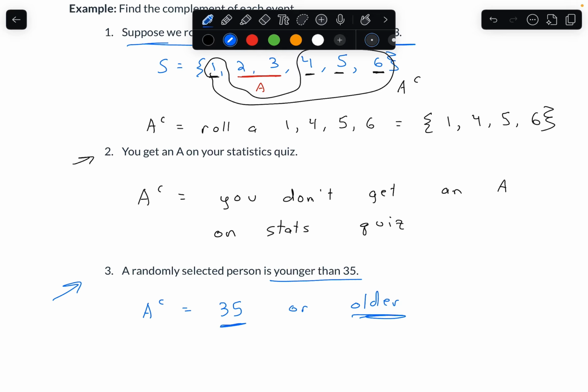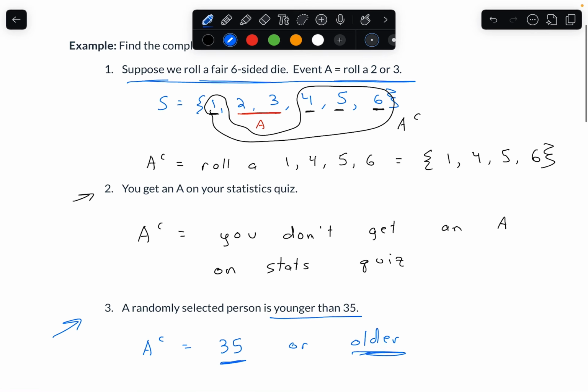So you want to make sure that you're thinking about every single potential outcome. Especially when we're working with more complicated examples, it does help to take a second just to write out what the sample space is, what the event is, and then you can just say, well, everything that's left over then must